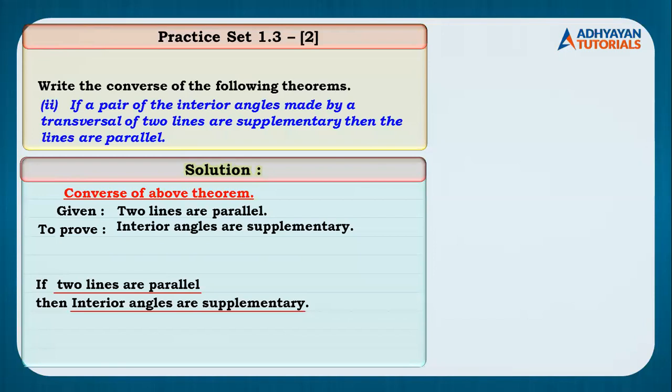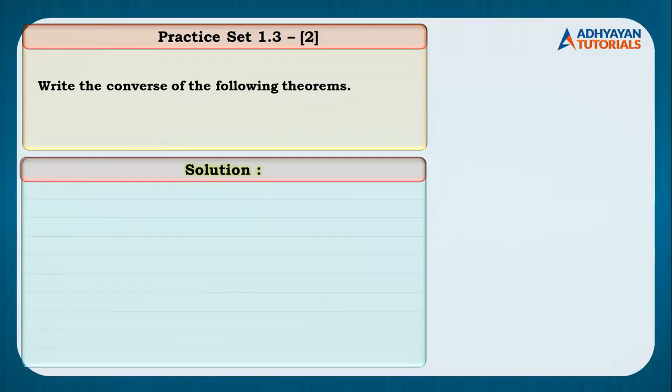The third and the last sub question, children, which we have already discussed in the earlier lectures, if you all remember, when we started this topic: the diagonals of a rectangle are congruent. Now we have to do its converse. See, the given part here is a rectangle. I'm not going to show it on the screen, so listen carefully. Given part is a rectangle and to prove part is diagonals are congruent.